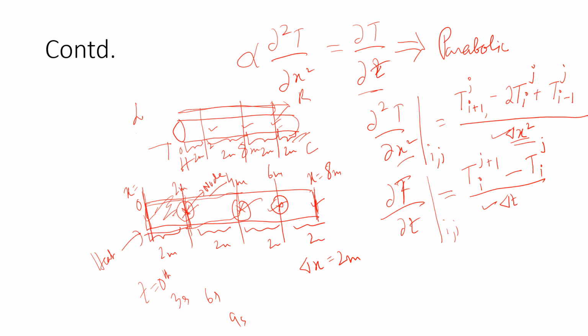So if I want to know what will be the temperature at these internal nodes after 3 seconds, and then again uniformly incrementing 3 seconds to 6 seconds, 6 seconds to 9 seconds,